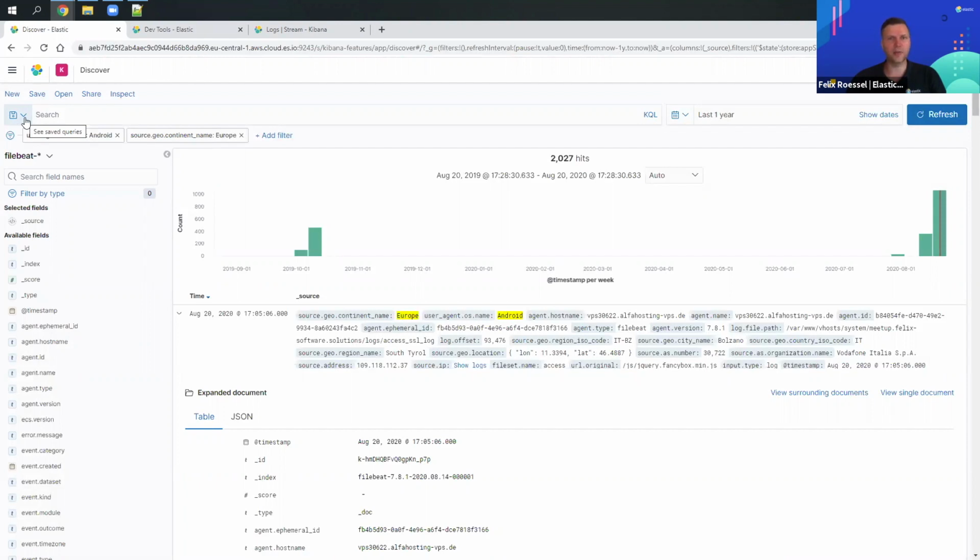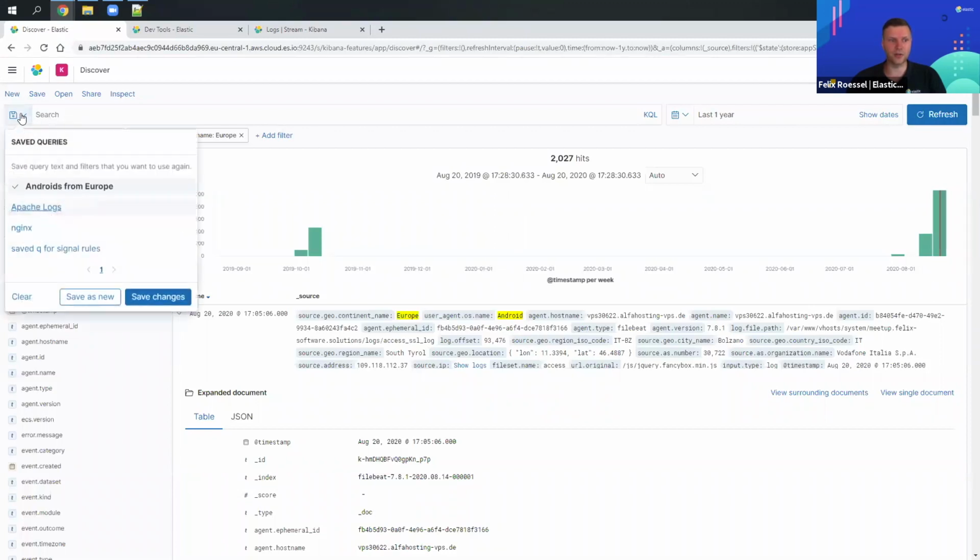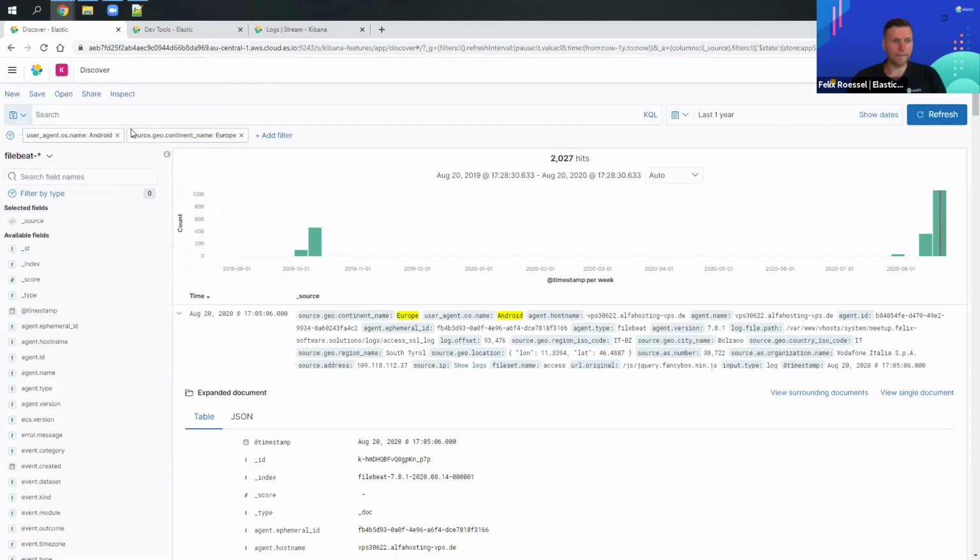So it doesn't matter whether you would like to create a transform or whether you would like to filter a dashboard, filter a map. So you always have this little storage icon here. And whenever you see the storage icon, you can click on this and open your filter and work with this. Okay, next thing